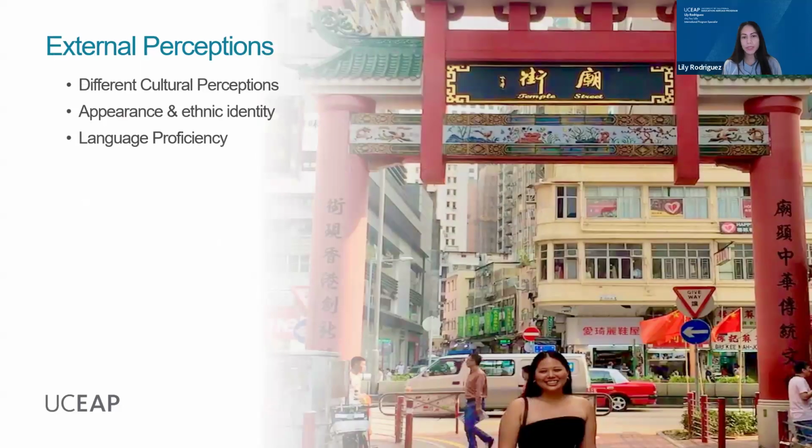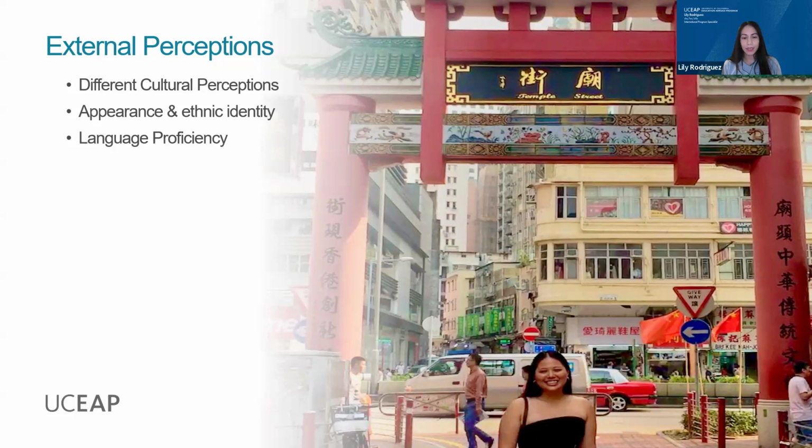Moving on, we also want to discuss some common experiences that may occur when you arrive on site. When you arrive to your host country, you might find that external perceptions are different from what you expected. For example, cultural perceptions may differ from what you expect. Locals may perceive you differently than how you see yourself or how you are seen in the US. If your connection to the country is several generations removed, locals may not fully consider you as one of them. Conversely, you may also be viewed through local stereotypes of what it means to be a US student or American.